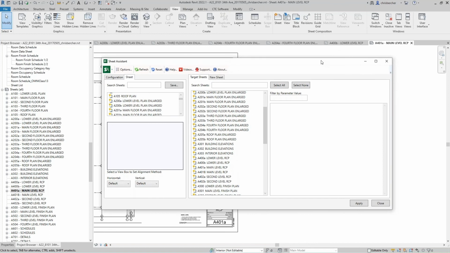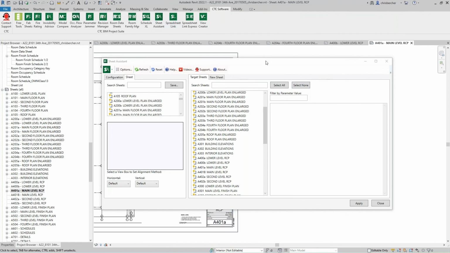Now, you could, in theory, run this on a project that needed hundreds of sheets, or hundreds, if not thousands, of views created for it. But there are faster ways even to do it than this, and that would be with a combination of tools that we offer. If I were to go through and set up a project that did need, say, 400 sheets, and then another 1,000 views to go along with it,